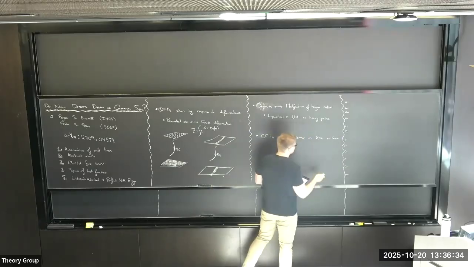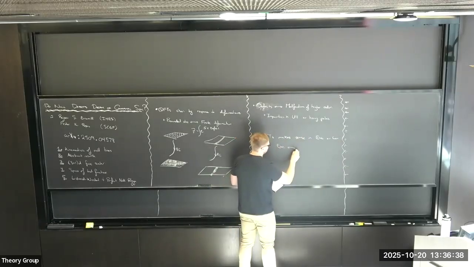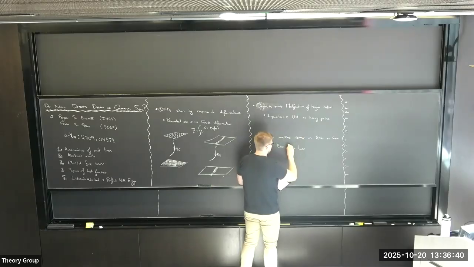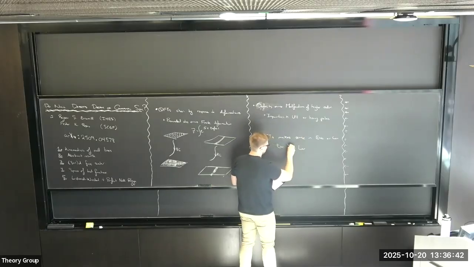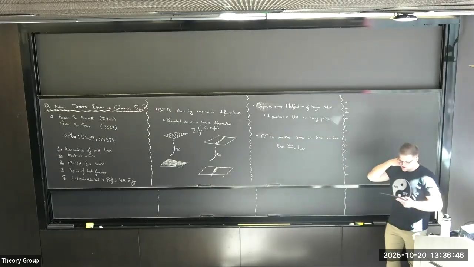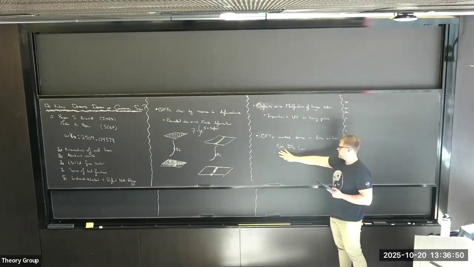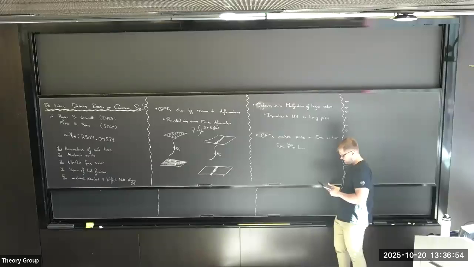So, and these two pictures are, of course, related by Wick rotation, right? So you go between a Euclidean quantum field theory and a Lorentzian quantum field theory by Wick rotation. And we're all physicists in this room, so we all somewhat believe in Wick rotation. And this is a very useful picture because usually we think of Euclidean signature, not always, but usually, as being much nicer than Lorentzian signature.